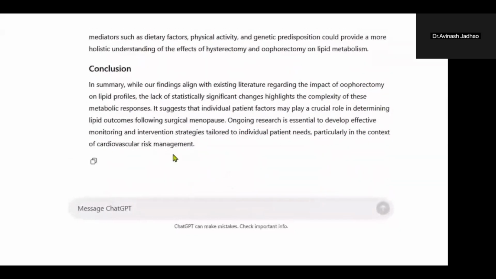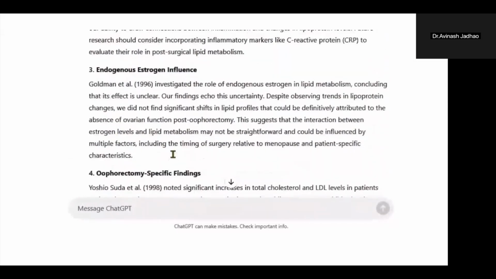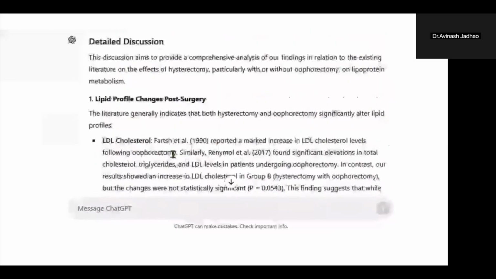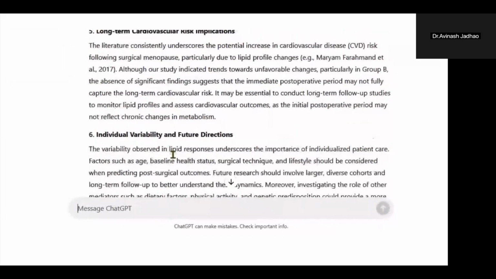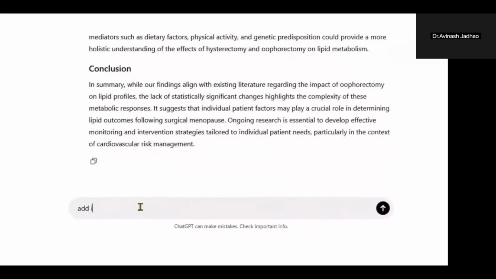So at the end, you will get your discussion. If you want an extra thing, you can add it here. You can suggest ChatGPT to write and introduce that thing in your discussion. Now, if you want to add the implication of your study, or a limitation of your study, you can give a command: add implications and limitations of this study.